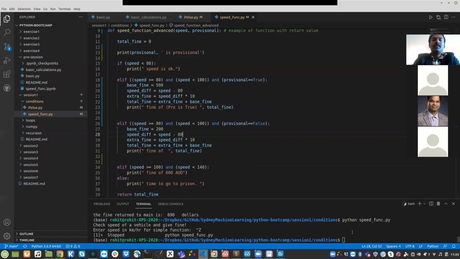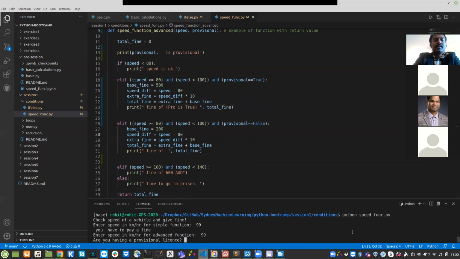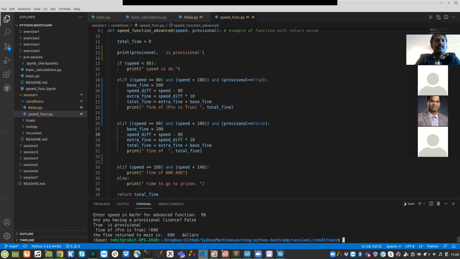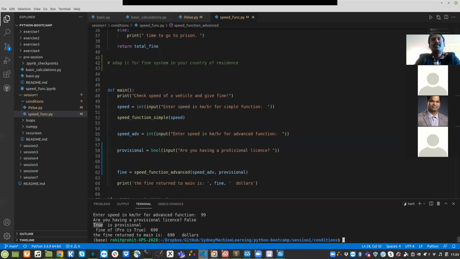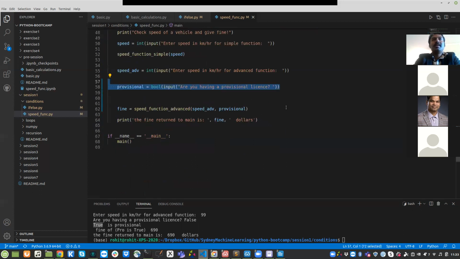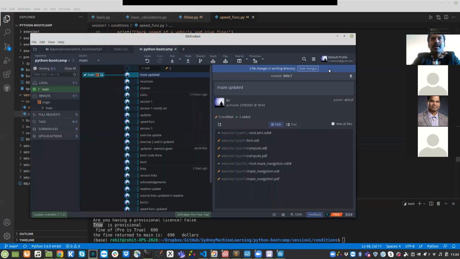So 99, 99. So yeah, if the provisional is false, then it should say false in here, but it's not getting that information from here properly. And there may be a slight problem I made. I will push the corrected one after the class. But to show that I have a problem,